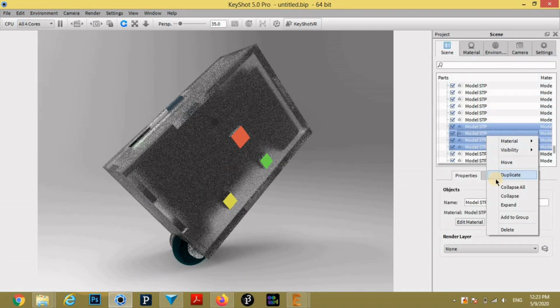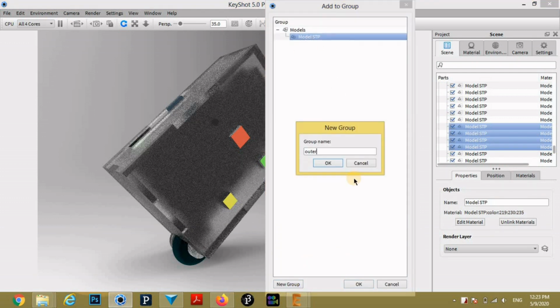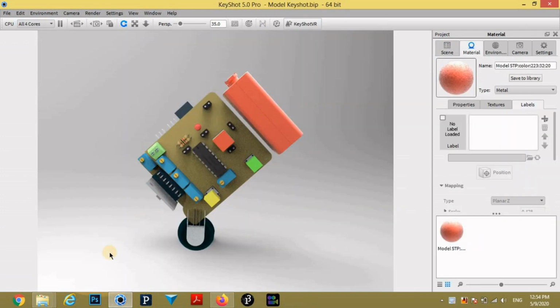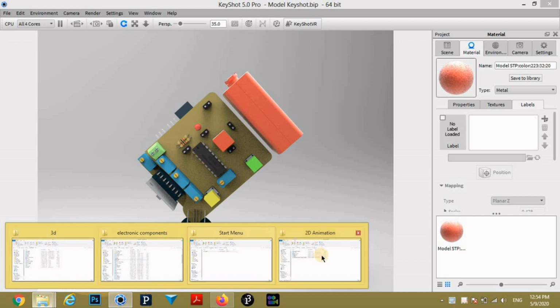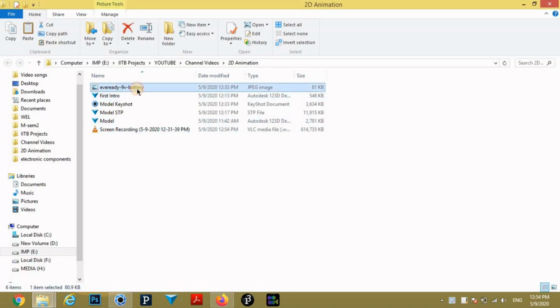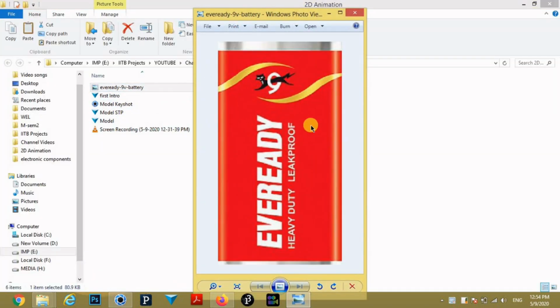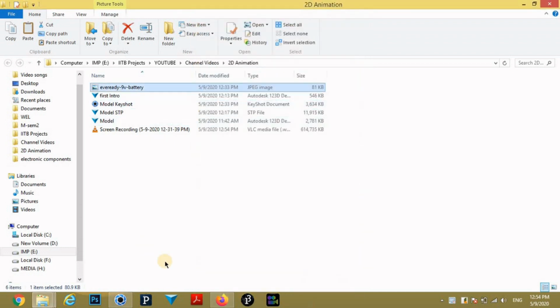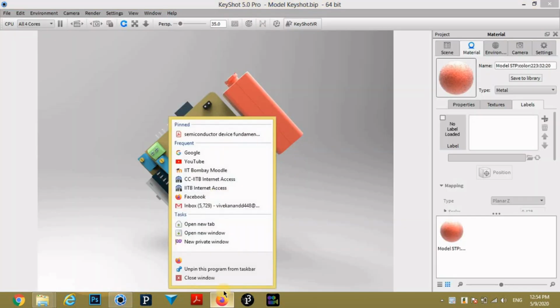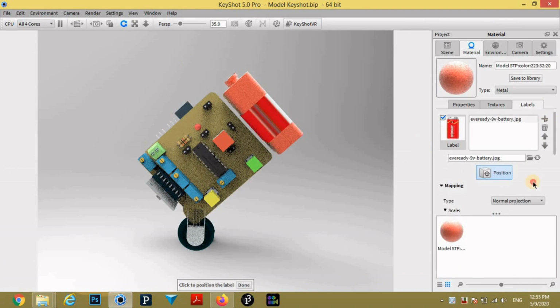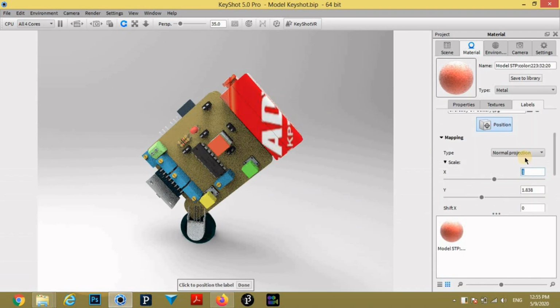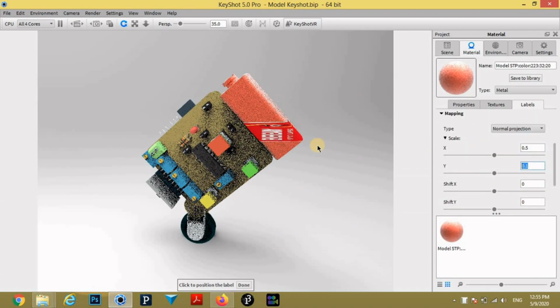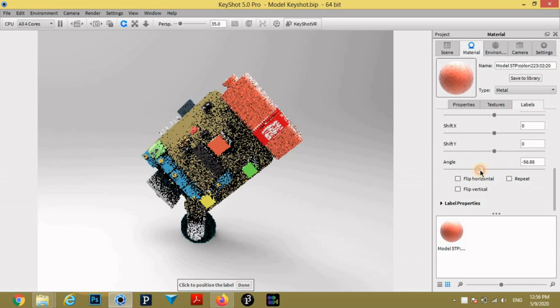Now we will wrap this image to our battery. You can see the procedure for wrapping image to any object.